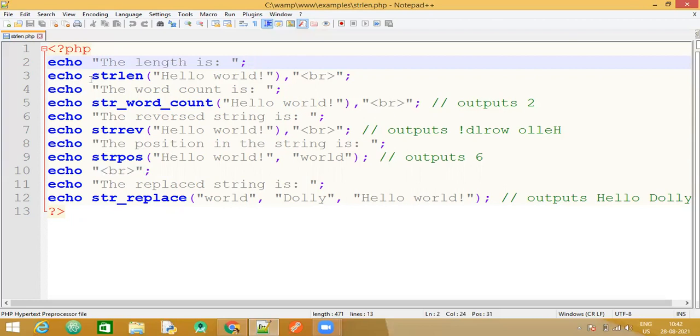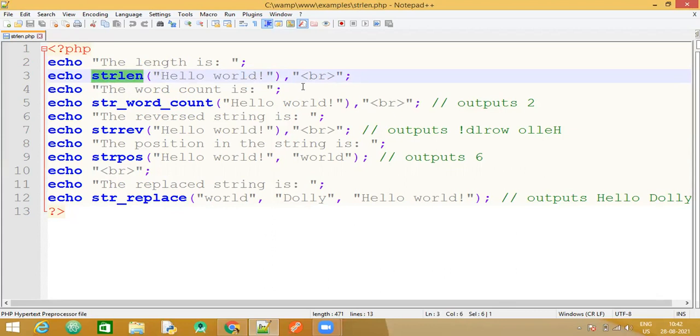Next, again I have taken one echo statement and then I have the strlen function. I am trying to echo the length of this particular string that I have passed within the strlen function, that is the two words hello world. The length of these words should be calculated with the help of our strlen function that takes the parameter.